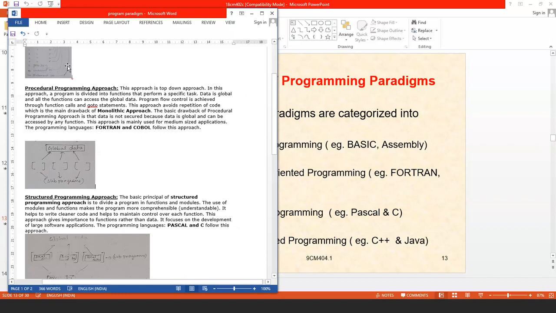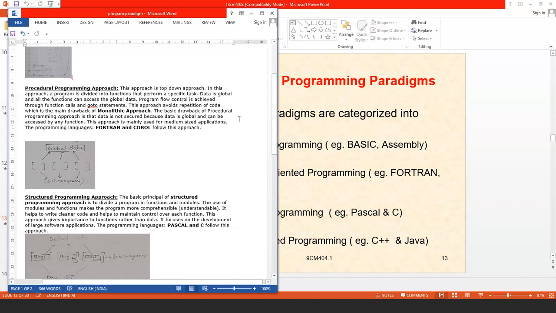For example, if we want to add two numbers at line 50, we write the code, and at the 60th or 70th line, if we again want to add two numbers, we need to write the code again. That can be overcome in this procedure oriented approach. This approach avoids repetition of code, which is the main drawback of the monolithic approach.